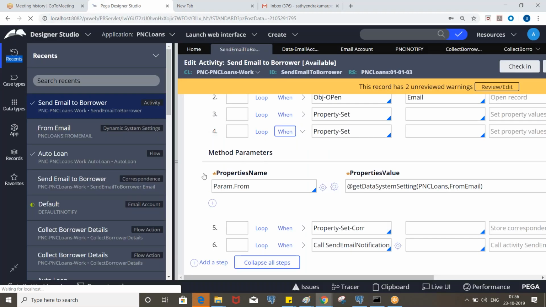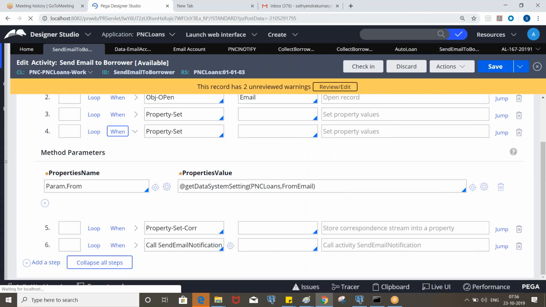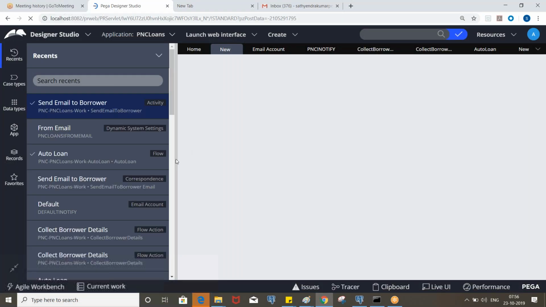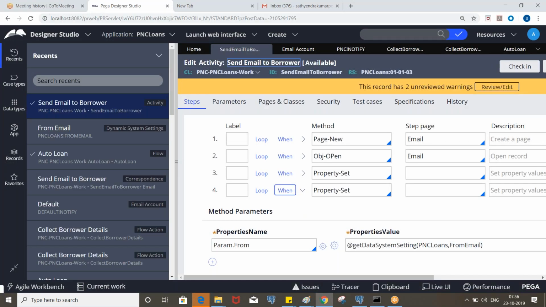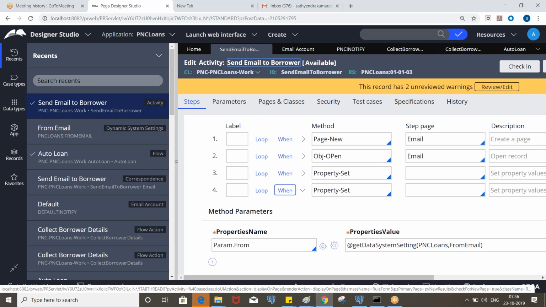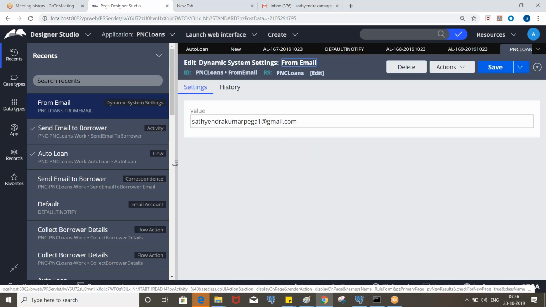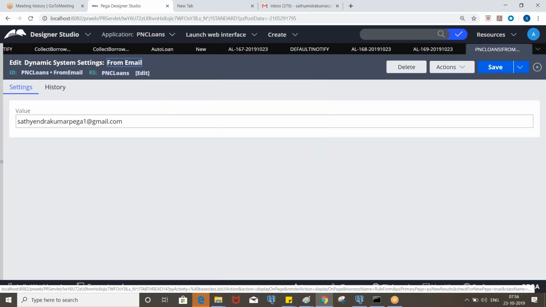Satya, in live system, will we see this DSS setting? Yeah, mostly. And will it be editable, like, can we just go and change the email ID? Yes.